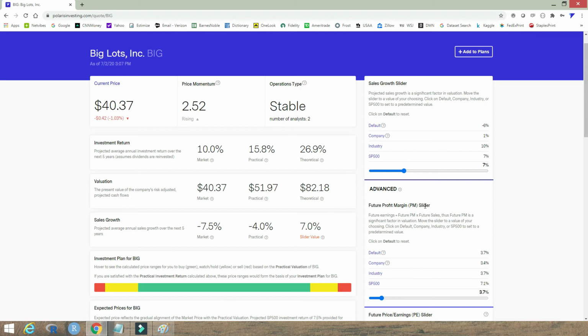Well, now that we've got the sliders, sales growth, profit margin, and future PE, all set to where we can be convicted about them going forward, we go down here and look at what the resulting plan is that Polaris comes up with. It gives you a buy range. It says buy as low as $36.48, but all the way up to $56.73, but with a median of